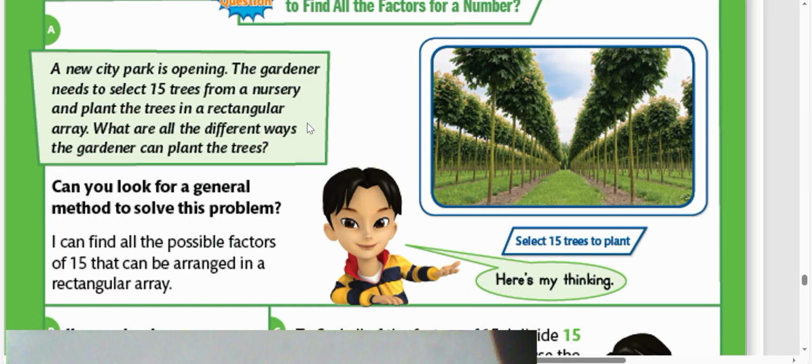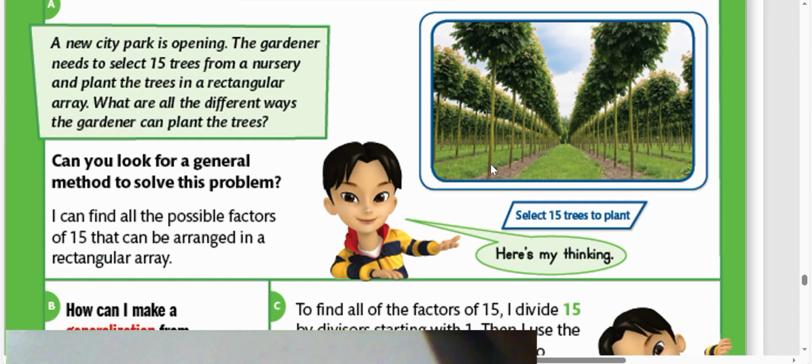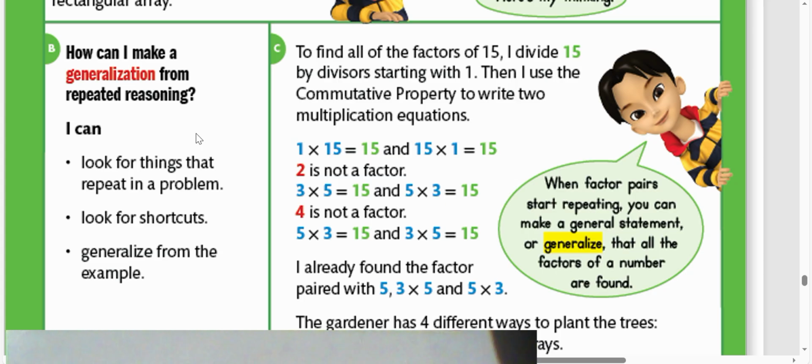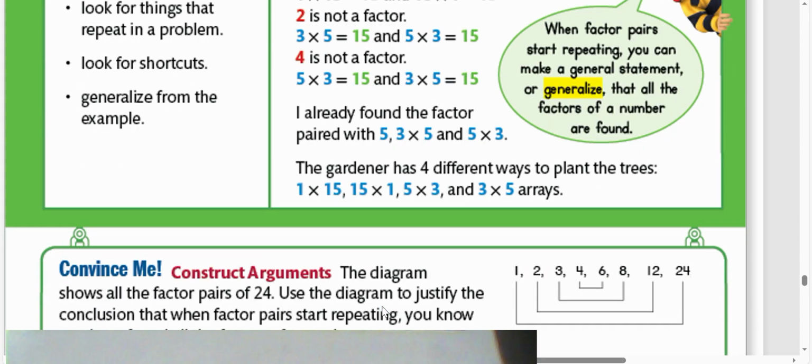New City Park is opening. The gardener, look at here. The gardener needs to select 15 trees from the nursery and line the trees in a rectangular array. What are all the different ways the gardener can plant the trees? You can write 15 equals 3 times 5 or 1 times 15. Look at here, how many factors do we have? 4 factors of 15, paired: 3 times 5 and 5 times 3, and also 1 times